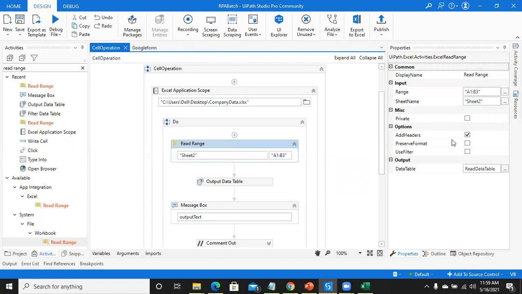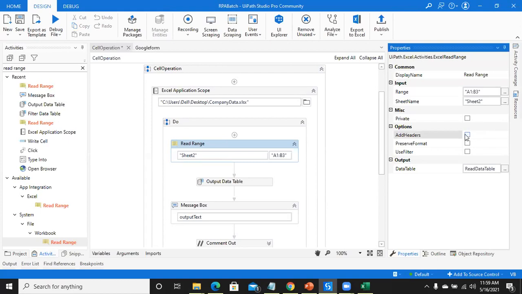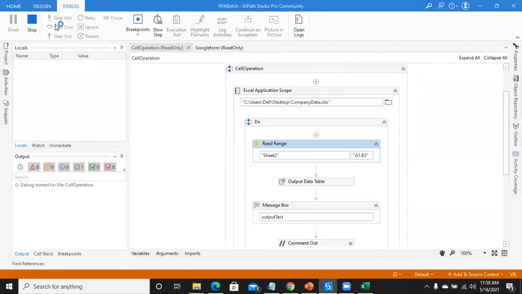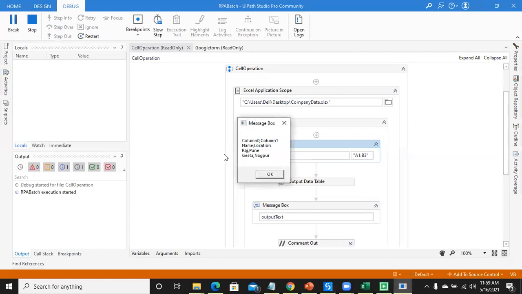Add headers: what is this one? If I untick add headers, you can't find the headers of the Excel file. Let's see the result. You can't find the headers, only the values. Just a second.